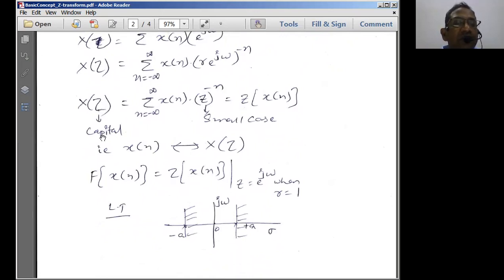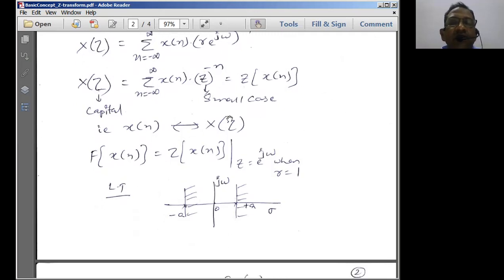So this Z is represented as capital Z and the small z is represented here. This is the small z representation. So the z which comes inside the summation is nothing but small z. The z which comes after the result is called a capital Z. So just like the Fourier transform, you represent X of capital Ω is equal to integral of x of t e to the power minus jωt dt, a similar formula we can represent like this here. So therefore, I can simply represent it in that particular form.